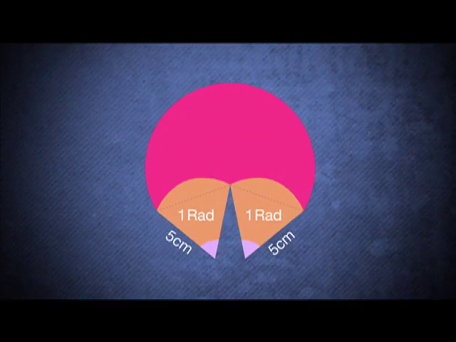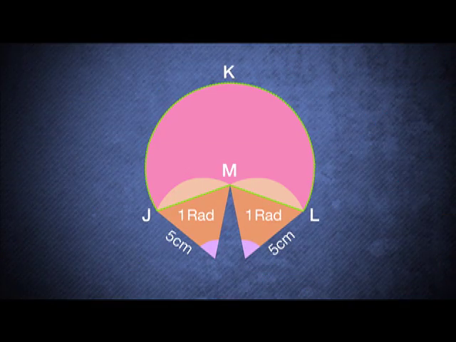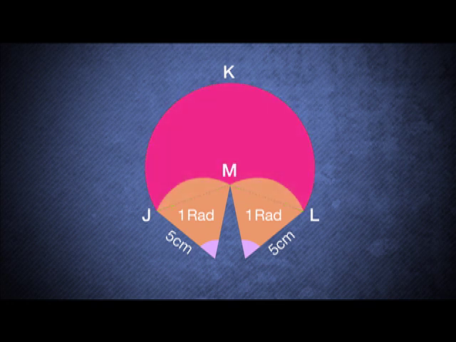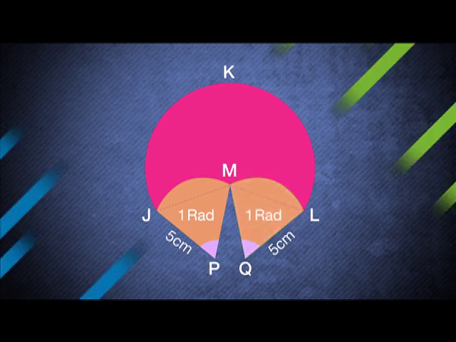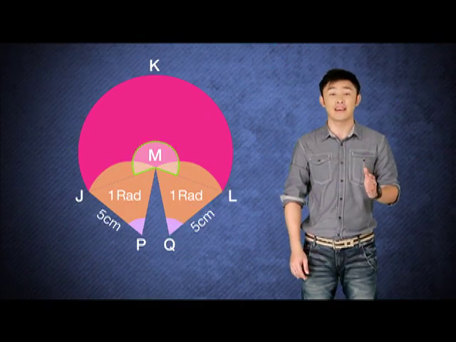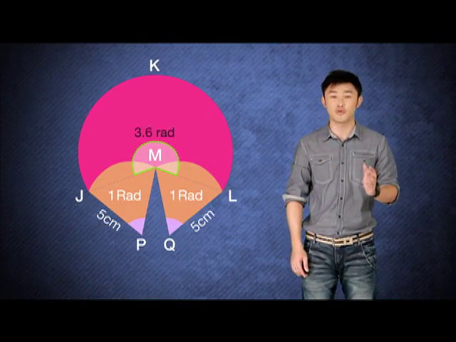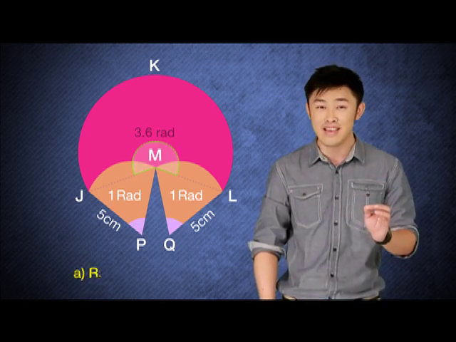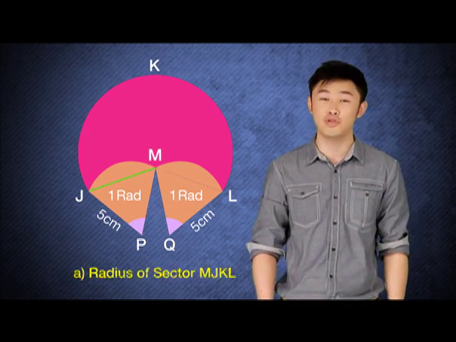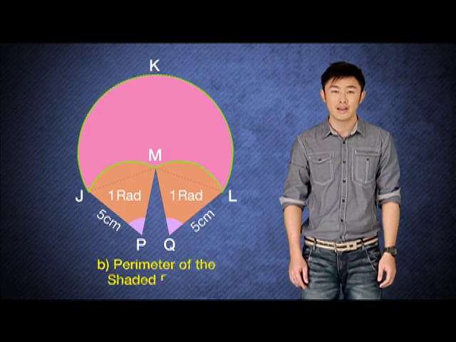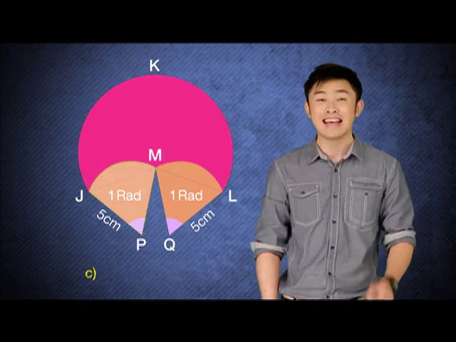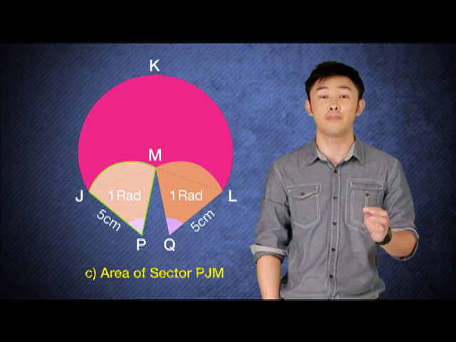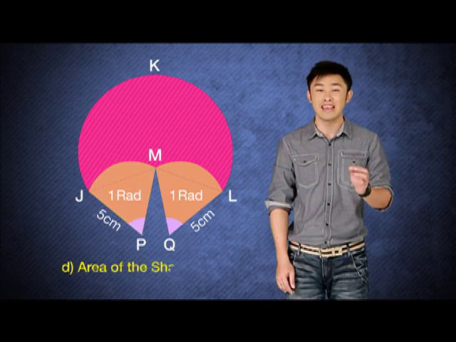This diagram shows a sector MJKL of a circle, centered M, and two sectors, PJM and QML, of two other circles with centers at P and Q respectively. Now, given that the reflex angle JML is 3.6 radian, we have to find A, the radius of the sector MJKL, B, the perimeter of the shaded region, C, the area of the sector PJM, and finally D, the area